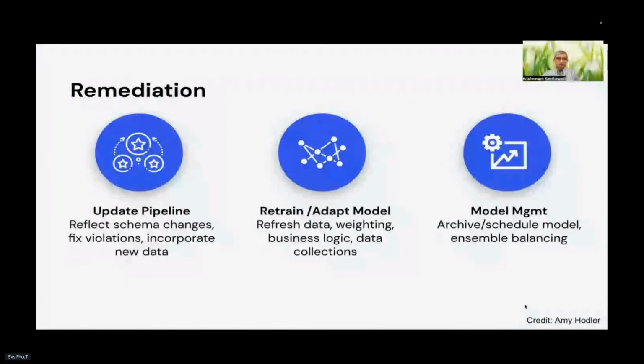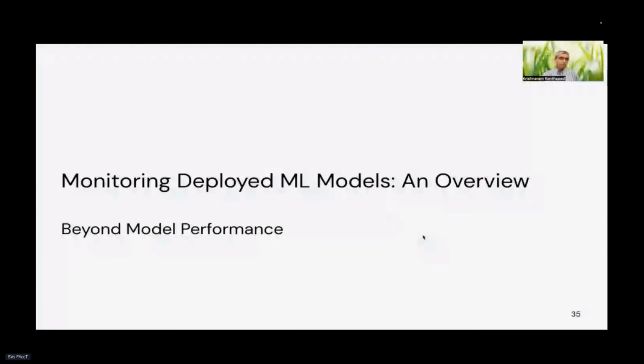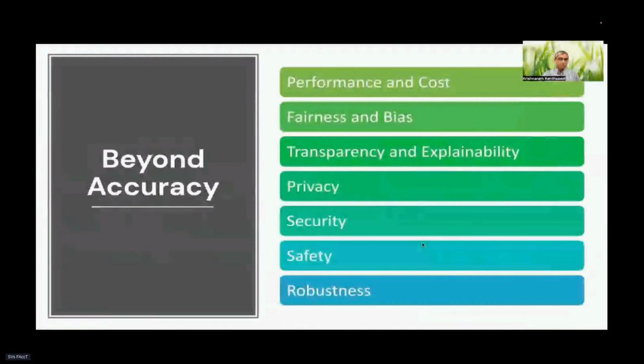So with this context, let's now look at model issues for deployed models beyond model performance. So what do we mean by beyond model performance? This can range from, say, notions like bias and fairness, or transparency, explainability, privacy, or robustness, and so forth. And the reason to consider these different dimensions is that even if the model continues to maintain accuracy, it's still